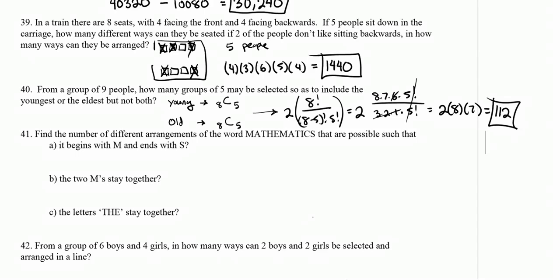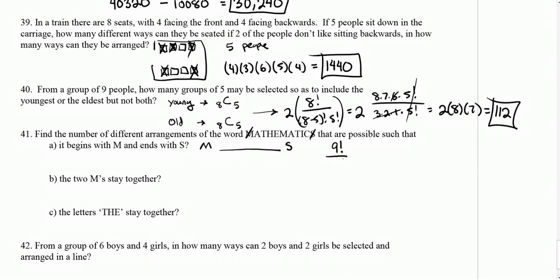Number 41, find the number of different arrangements of the word mathematics that are possible such that it begins with an M and ends with an S. So if we're fixing an M in the beginning and an S at the end, we're taking 2 letters out of the mix. So let's say I've taken that one out and that one out. So all that's left now, we have 1, 2, 3, 4, 5, 6, 7, 8, 9 letters left that we're